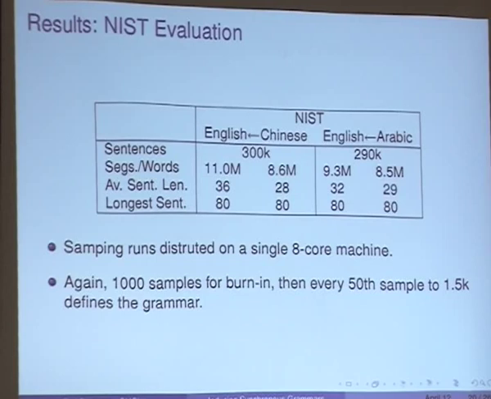But now we move on to these bigger corpora taken from NIST. This Chinese English one is the same one that Trevor talked about, 300,000 sentences. Again, we've got some long sentences in there to test whether we can really work with real length sentences. And I use a similar setup to previously. We also have an English-Arabic experiment in there.